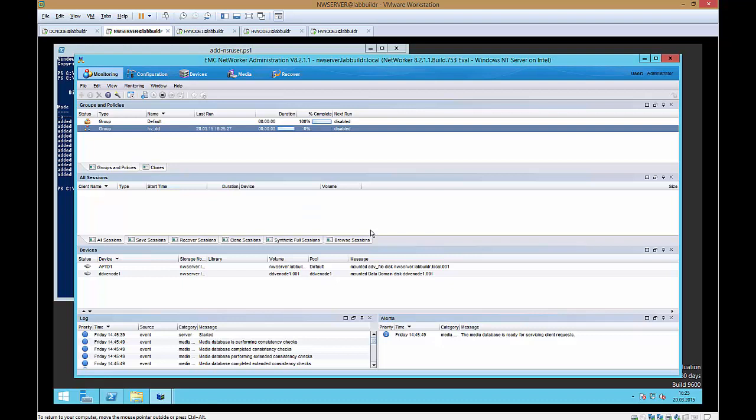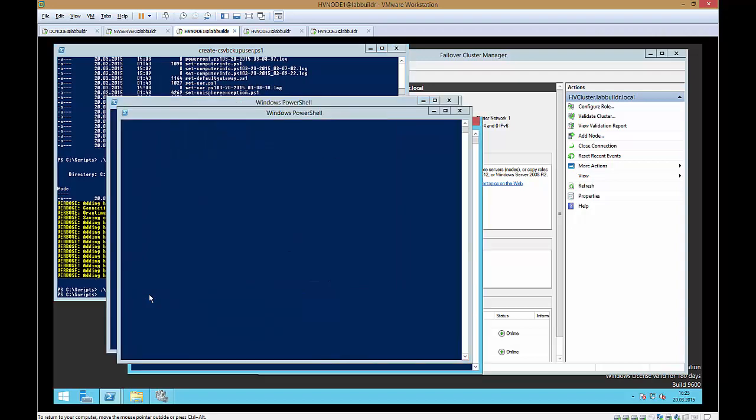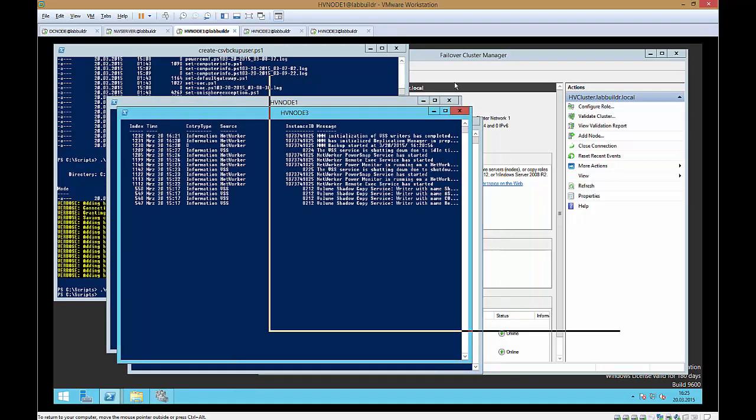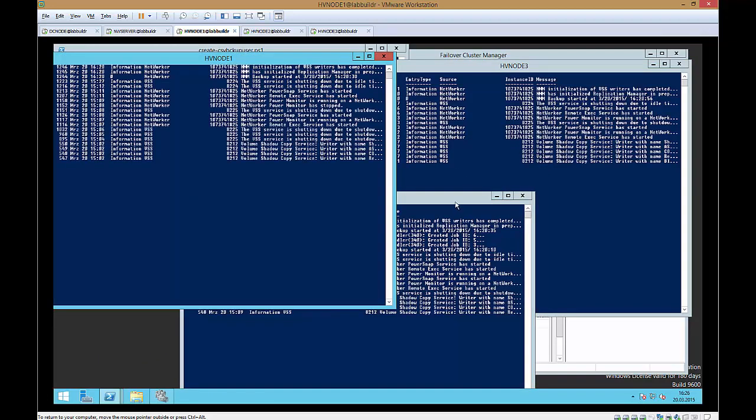As I said, I have some helpers installed for those people who are interested in watching the backup. I have a script that's called watch backup events or watch cluster backup that analyzes just the VSS and NetWorker events in the event log. So I start watch cluster backup. It opens 3 windows, 1 window for each node of the cluster,